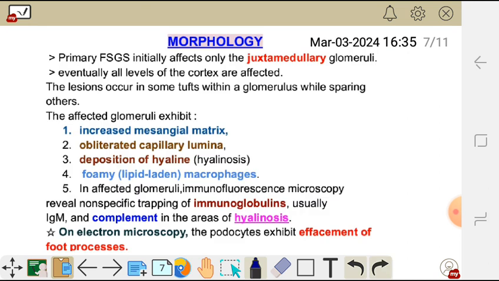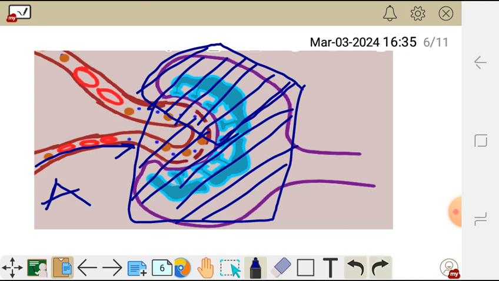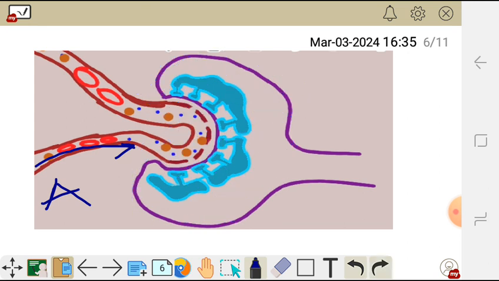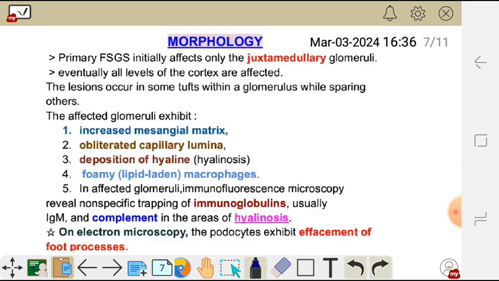Okay, so other affected glomeruli will exhibit an increase in mesangial matrix. We have mesangial matrix here, we have mesangial matrix there. This is where the mesangial cells are, and then we also have the mesangial matrix there. So that mesangial matrix will increase, and we have obliterated capillary lumina,